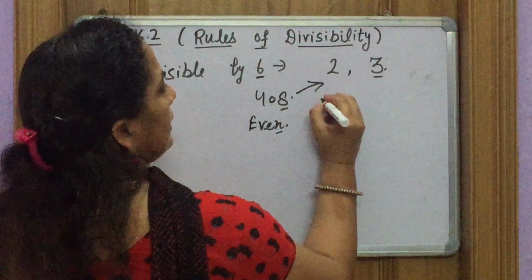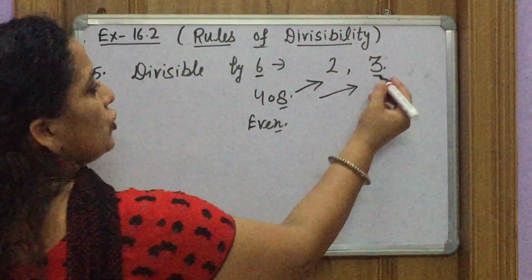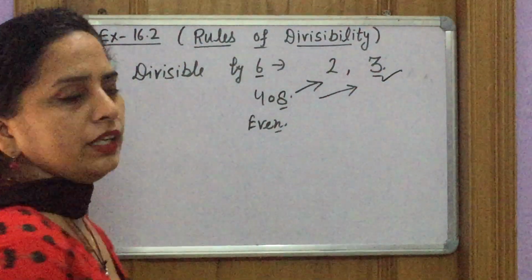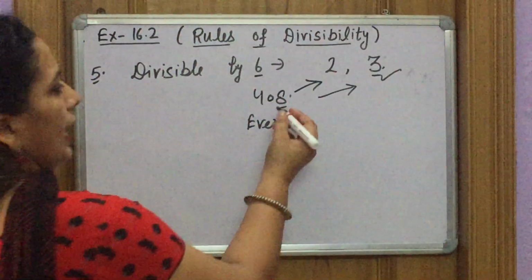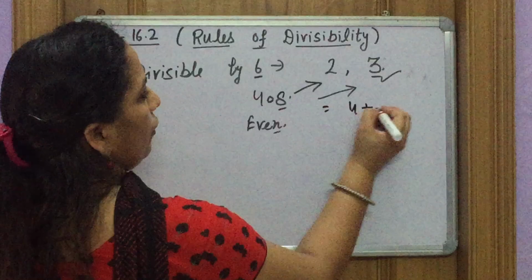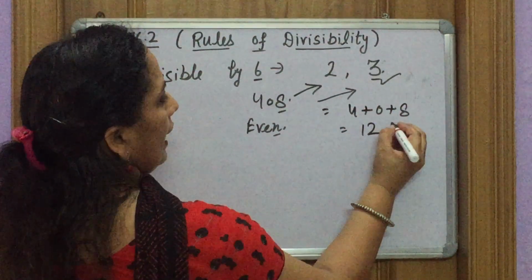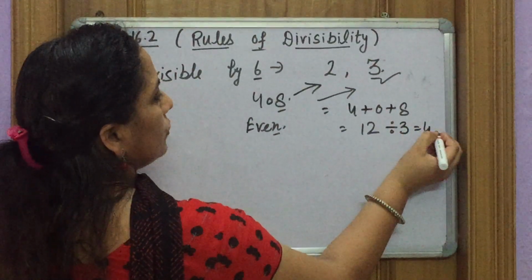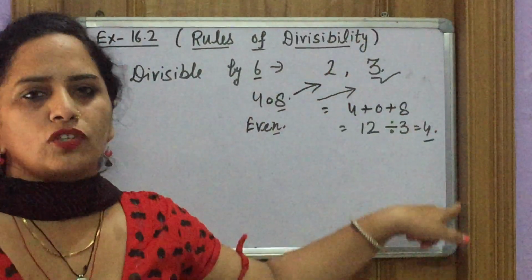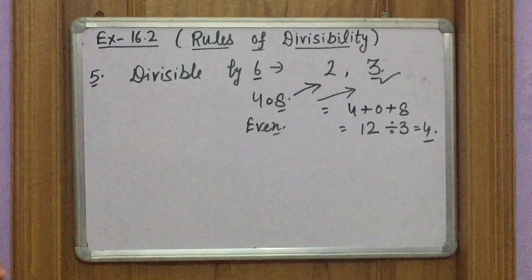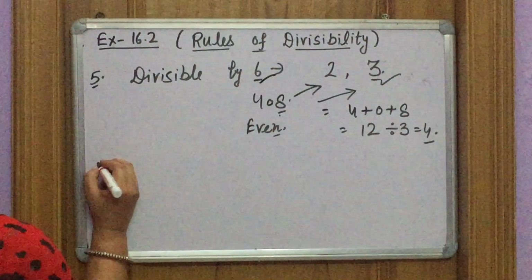Now find out whether this number is divisible by 3 or not. Yes, because to check a number is divisible by 3, what will we do? Just find out the sum of this number. And sum of this number is 4 plus 0 plus 2, and it is equal to 6, and 6 is divisible by 3. So this number is divisible by 2 as well as 3. Then we will say that yes, this number is divisible by 6. Next is